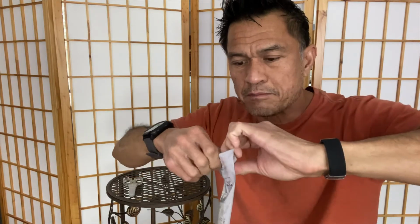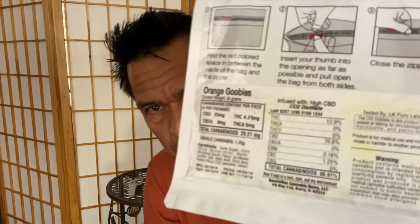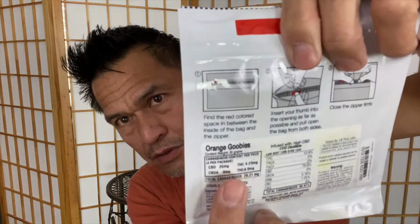So this just happens to have mostly CBD, and here is the label. I want you guys to always pay attention to where the label is. Oh, there it is. Here's the label. It gives you the breakdown of CBD to THC, active ingredients. And there's CBD of 25 milligrams, CBDA of 0, THC of 4.2 milligrams, you'll still have THC in here,